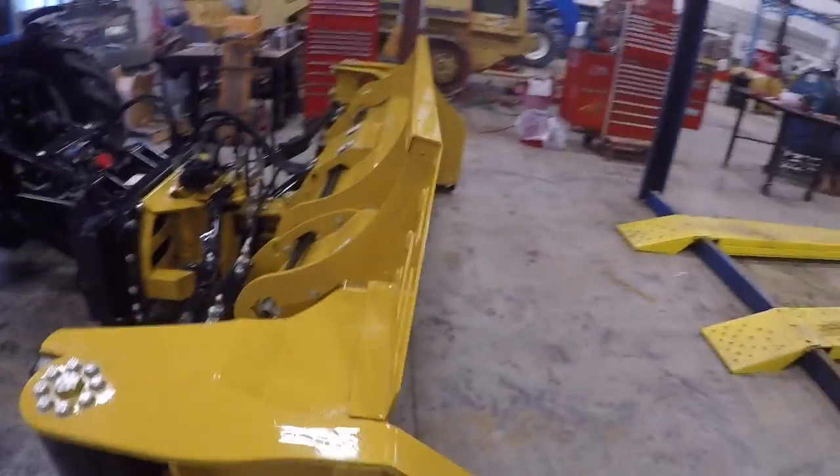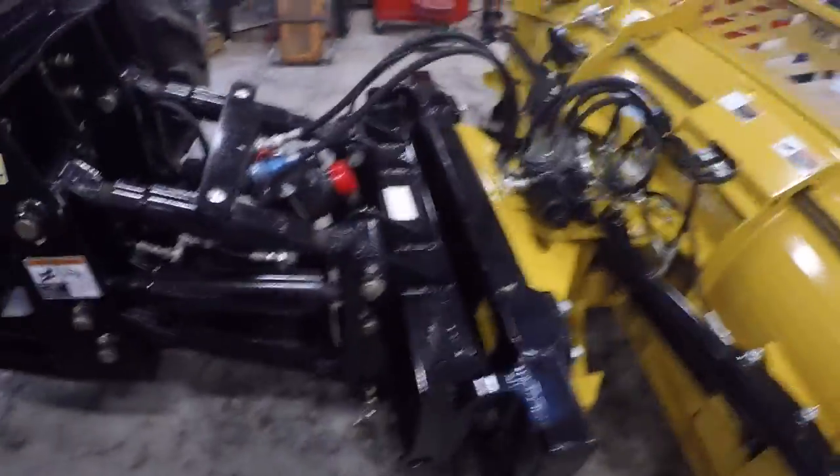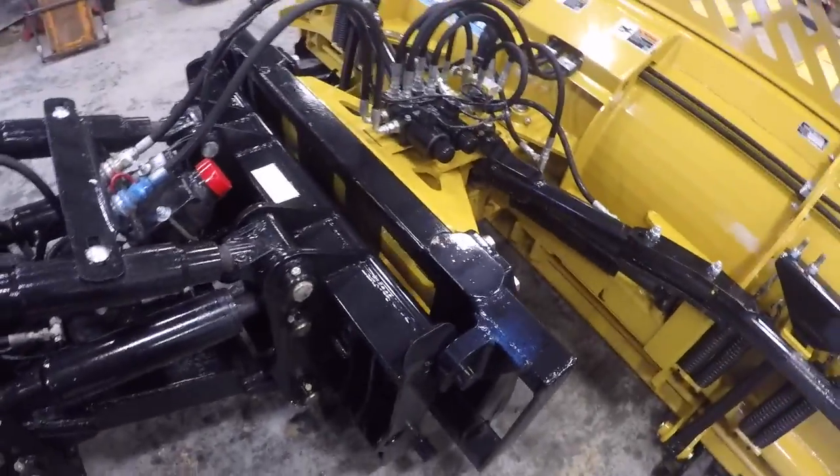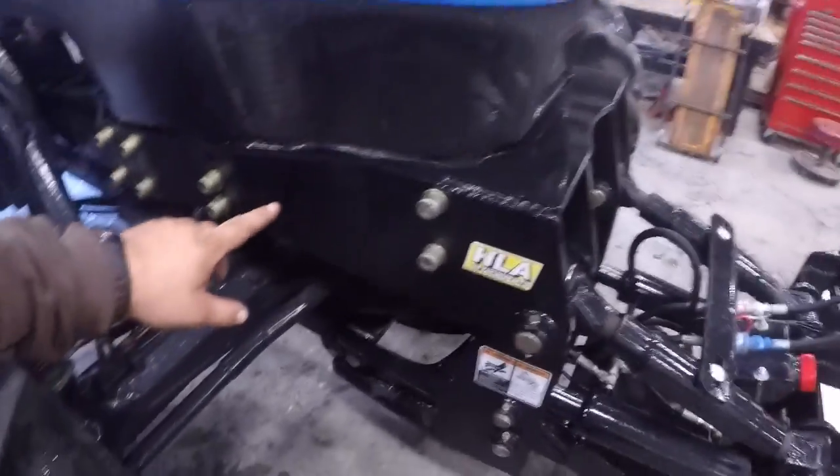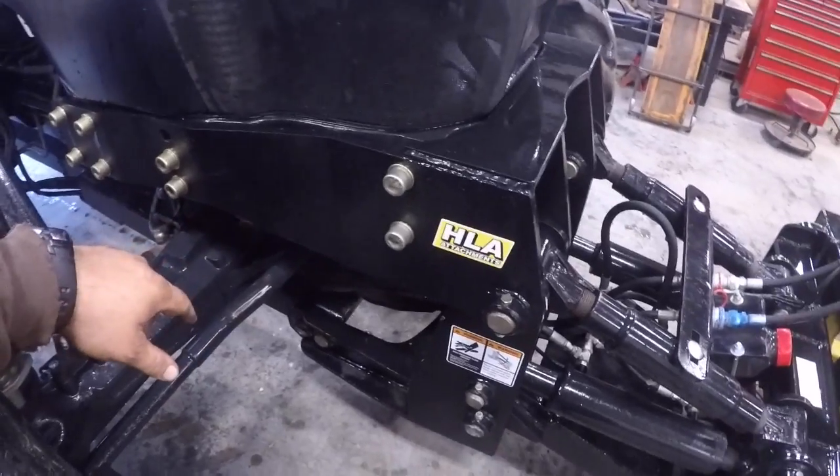Now in just a second I'm going to show you what all this blade can do, but first of all I'll show you this mount plate right here. I have a video on how this thing is all fastened,